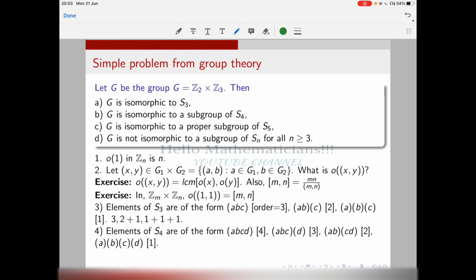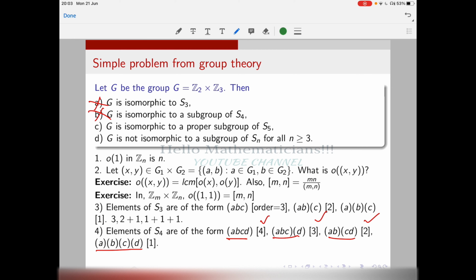Okay, let's look at the group S4. In S4, elements can be a 4 cycle, or a 3 plus 1 cycle, a 2 plus 2 cycle, or all 1 cycles, which is the identity element. If it is a 4 cycle, order is 4. If it is a 3 cycle and 1 cycle, LCM of 3 comma 1 is 3. If it is a 2 cycle and 2 cycle, LCM of 2 comma 2 is 2. If it is all 1 cycles, it is the identity element, so order is 1. So again in S4 also, you don't have any element of order 6. Therefore, G cannot be embedded inside S4. There is no subgroup of S4 isomorphic to our G.